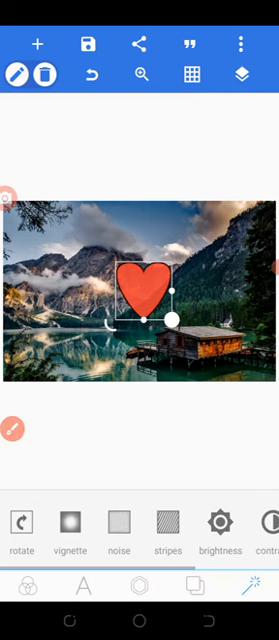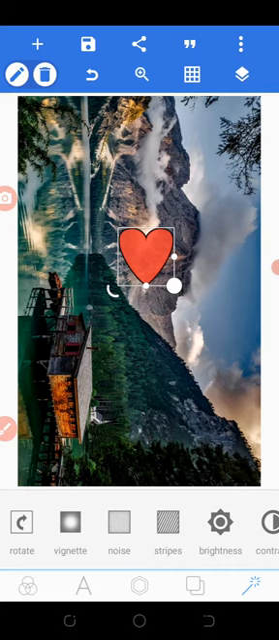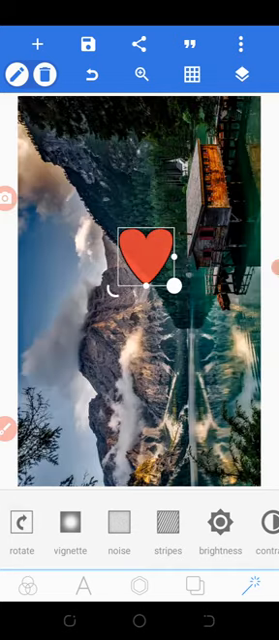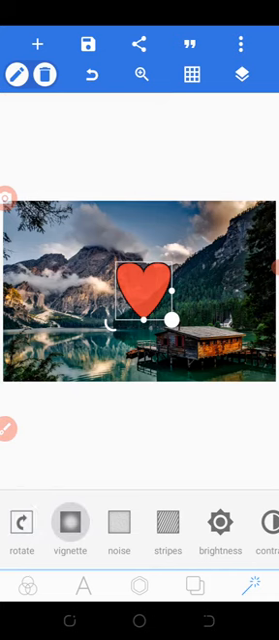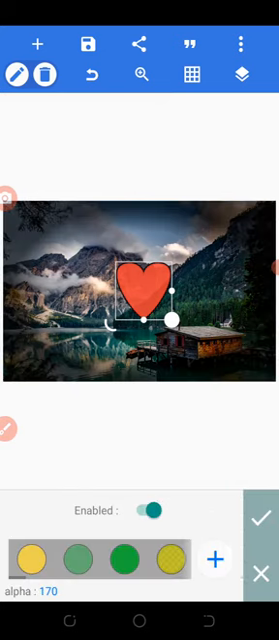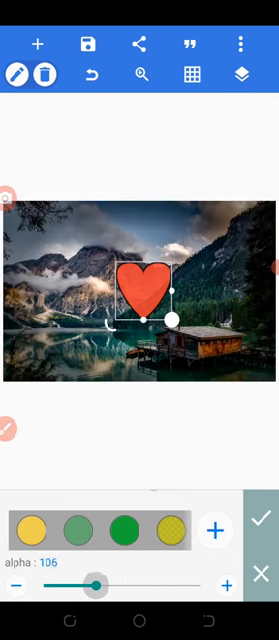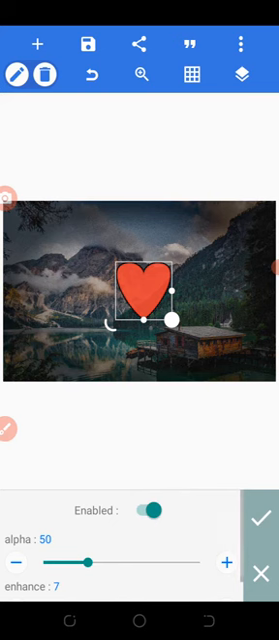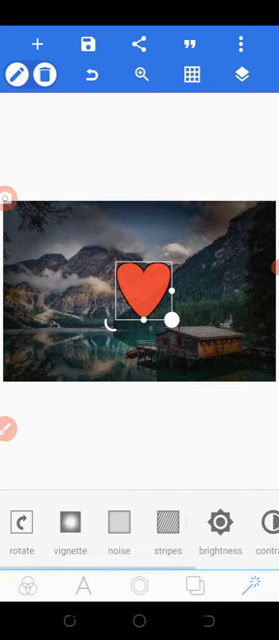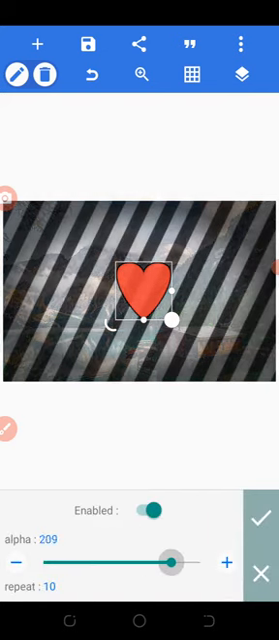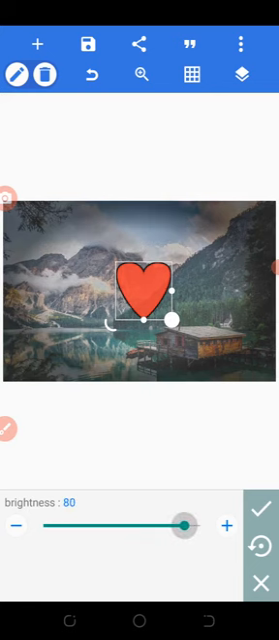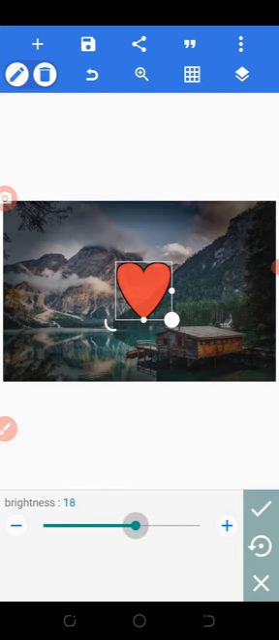So once I click on it, you can see, you can do the rotation. Once I click on rotate, you can see what we have. You can rotate the background, right? You can add some vignette to it. You can see what we have here. Some noise to it as well. Stripes. Look at this. You can increase the brightness. You can reduce it,